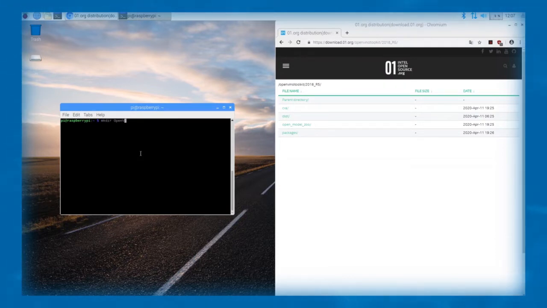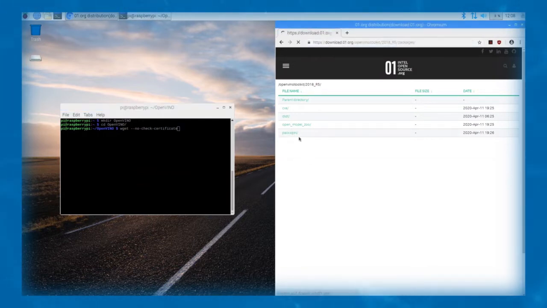Next, I'll create a new directory and call it OpenVINO. To download the OpenVINO toolkit, navigate to the Intel open source webpage. The folder we need is under OpenVINO Toolkit /2018 R5/packages. Using the wget command, I will download the tar folder in the OpenVINO directory and untar the package.